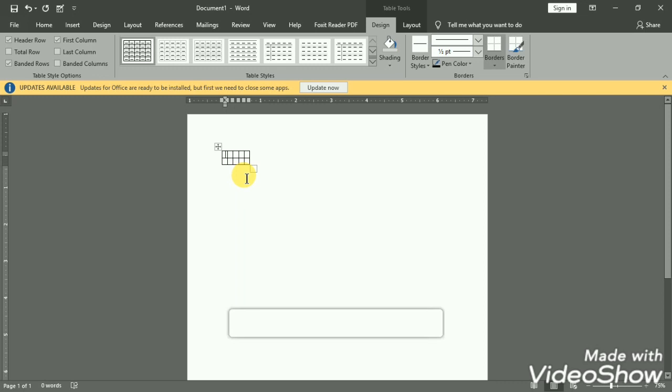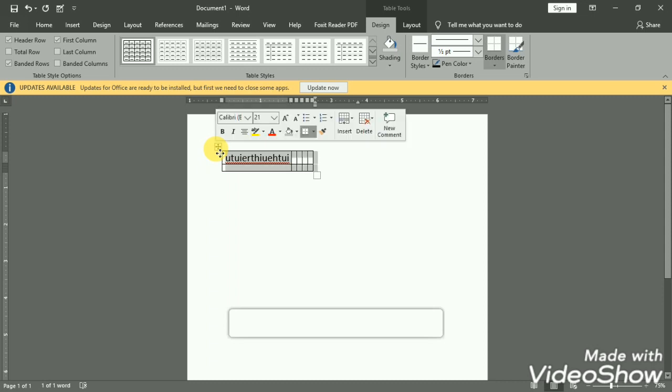So there will be no width for the column. Whenever I write the data, the column width will increase. Only where the data is present will the column width increase, and the remaining columns have 0 inches as their column width.